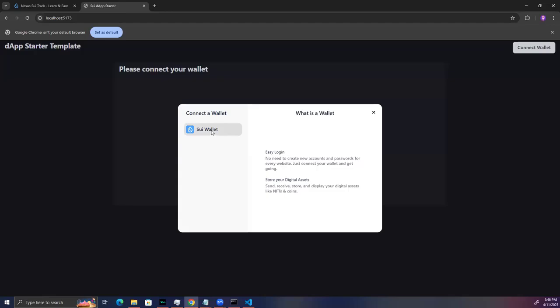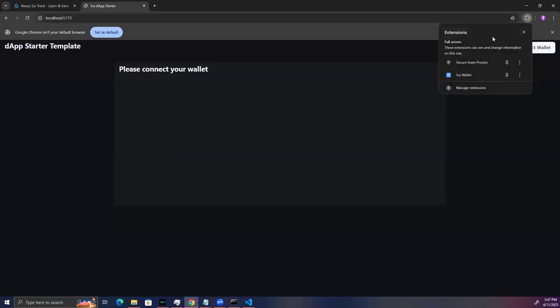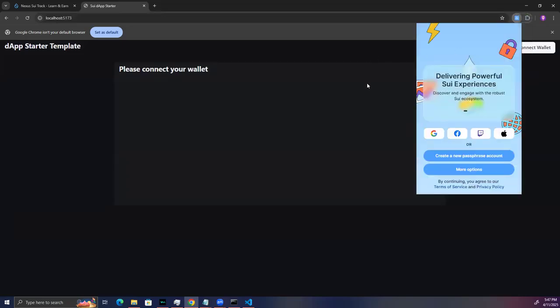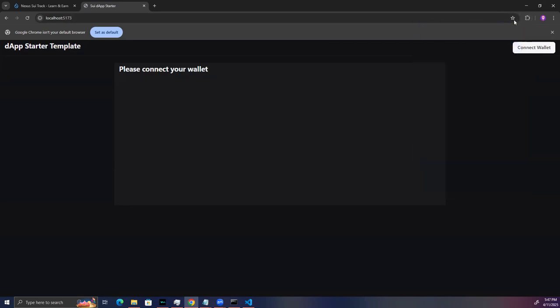The wallet it'll use to connect will be your Sui wallet. And if you don't have this, connection failed. I don't think I've actually gotten that before. Let me try. Ooh, I have this. Oh, that's probably why. So if you don't have a Sui wallet,